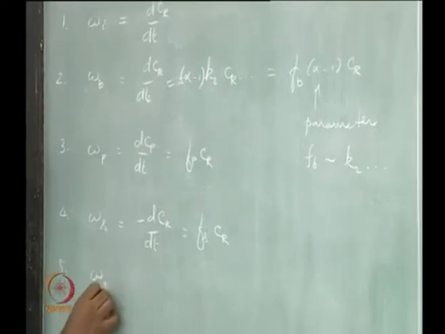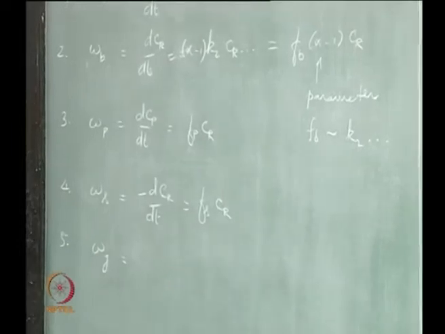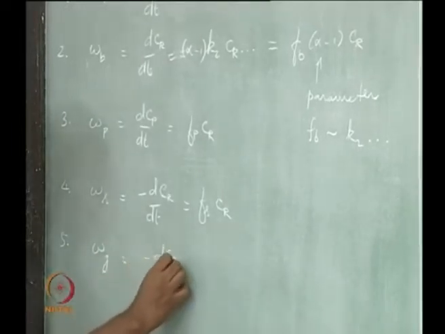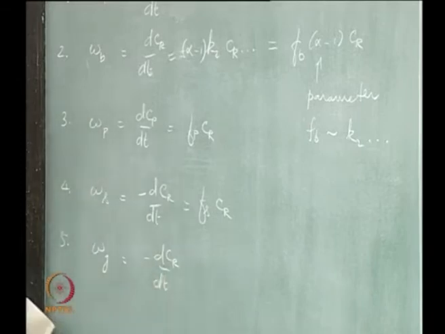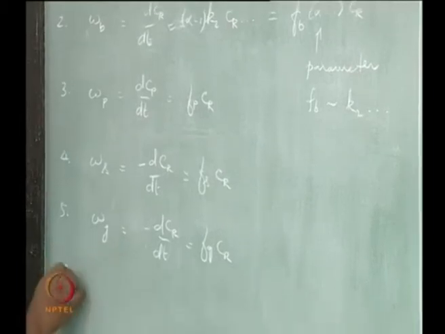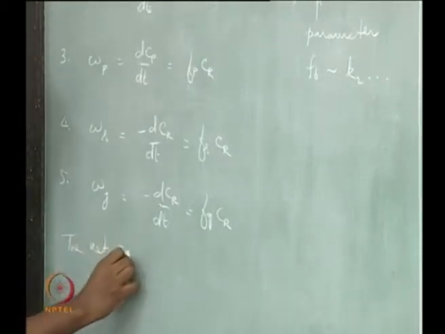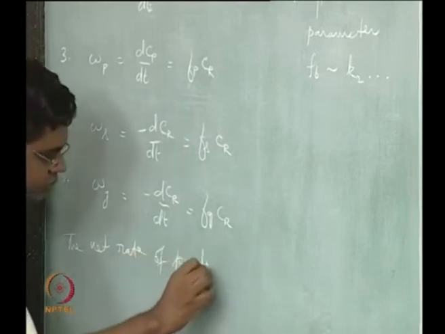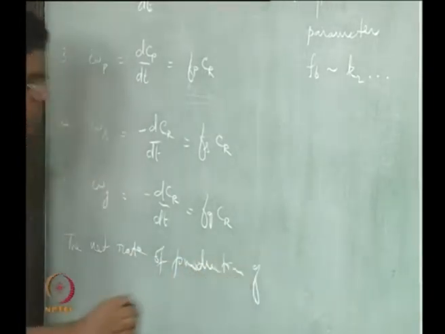Similarly, let's call this omega g for gas phase termination reaction rate. This is again minus dCr over dt equal to FGCr. So we have explained what the F's are, and I also told you why this is schematic. So the net rate of production of intermediates,